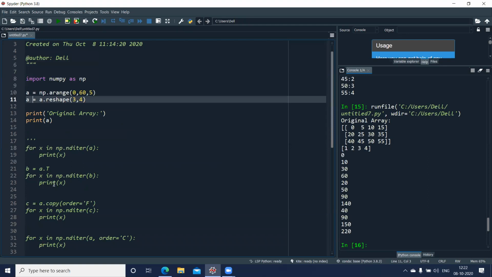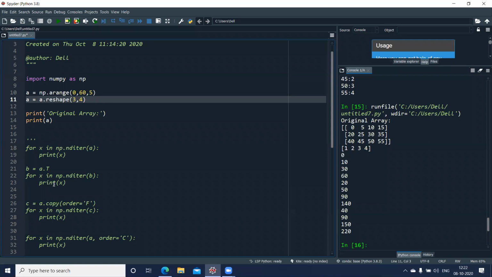So, some array manipulation functions. The first one is the reshape function. The second one is a function called flat. What it does is create a 1D iterator over the array.